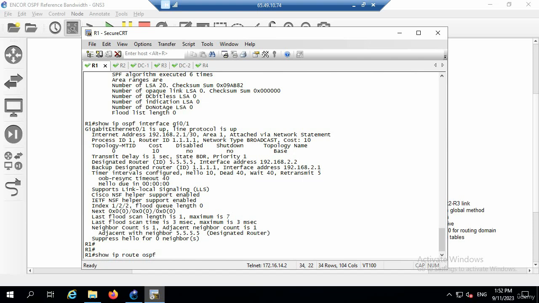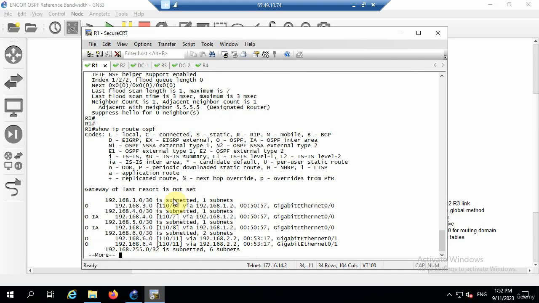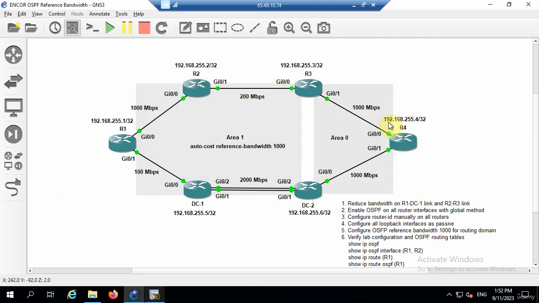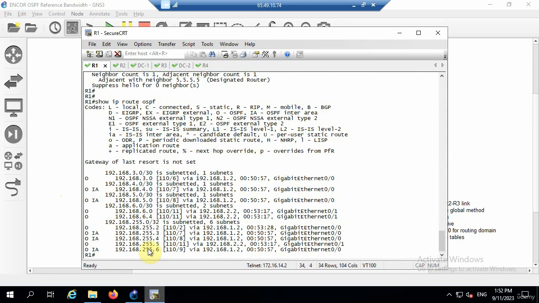Just look at OSPF routes. Show IP route OSPF. I'm on R1, and I want the loopback for R4. That's the route I'm interested in, 192.168.255.4. So there it is, and there is the 8. So 110 is the administrative distance. 8 is correct, so it's taken that route via